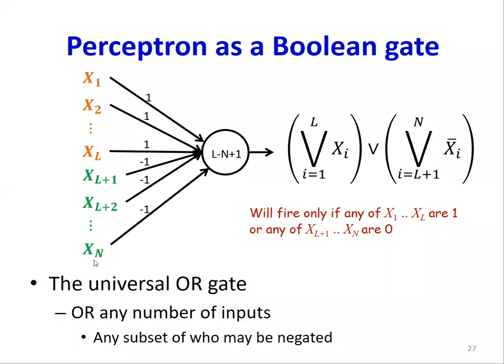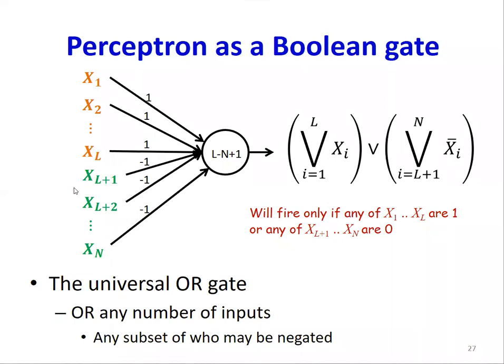You have L minus N minus 1, N plus 1 of these guys, right? So actually, the negative of that, it is N minus L minus 1 of these guys, okay? And so the total sum that would come in is, I have to work it out. But this value, L minus N, is going to be what will happen if all of these are 1 and all of these are 0. Yeah, there are L minus N of these guys, right?